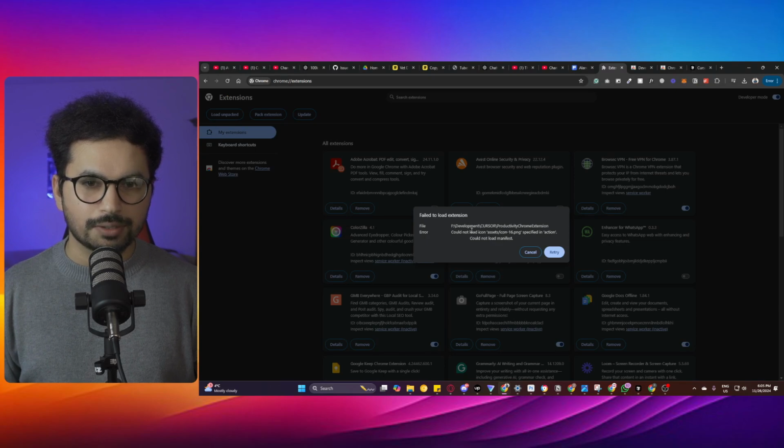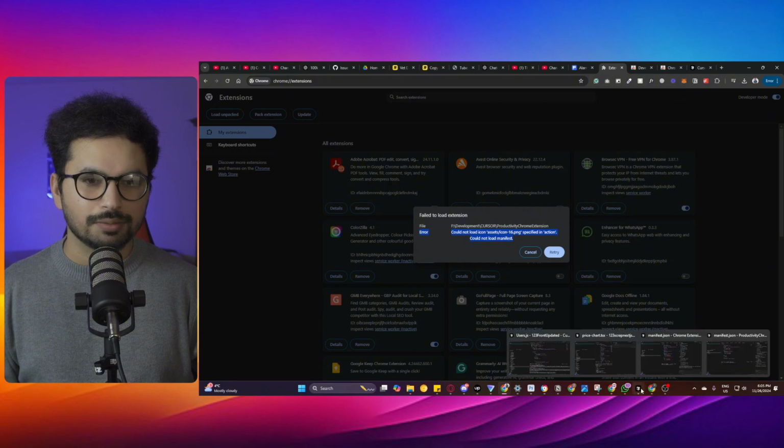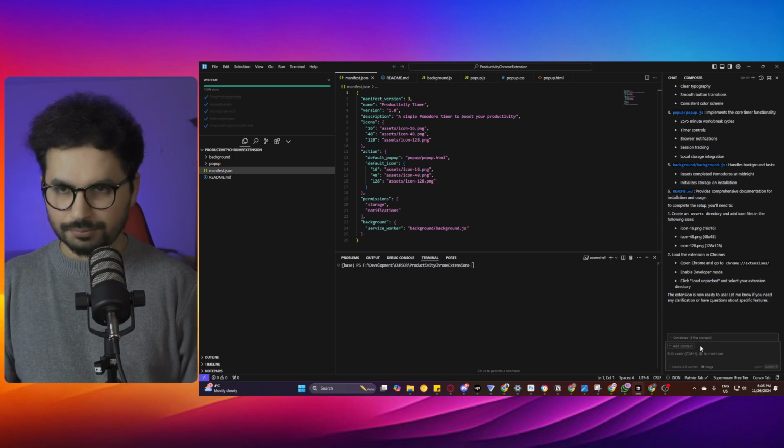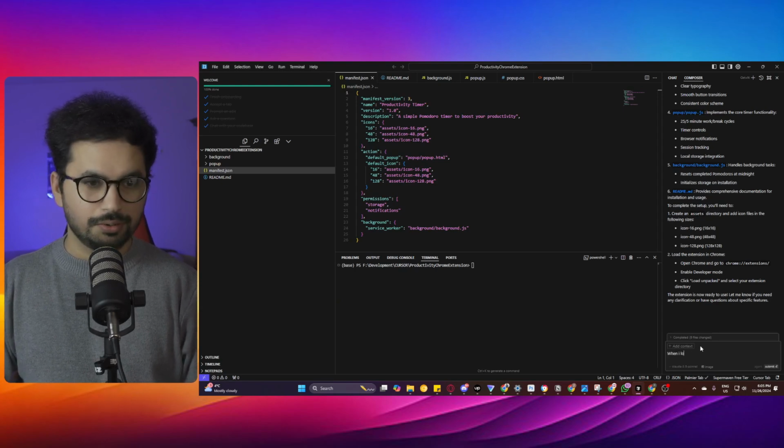All right, it could not find the icon. Okay, error. So perfect, it is looking for icons. Let's just retry, and it won't work because it has an error. So let's go back and ask Cursor: when I load my extension in Chrome,